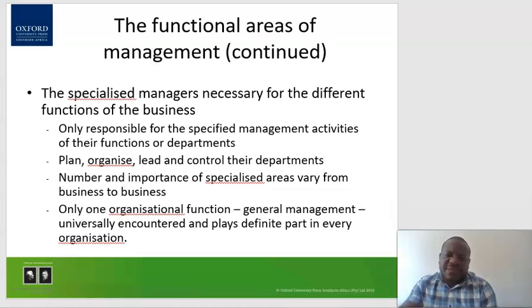So in as much as we may have other levels of management, they focus on their own functions. But there is that level of management which must have a holistic view of the organization, that sees an organization as a unit, that brings together all other functions to work as a unit. That is general management. Some refer to it as strategic management, but in this case, we refer to it as